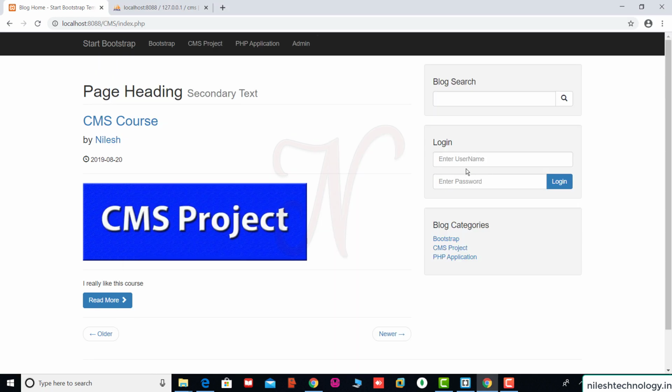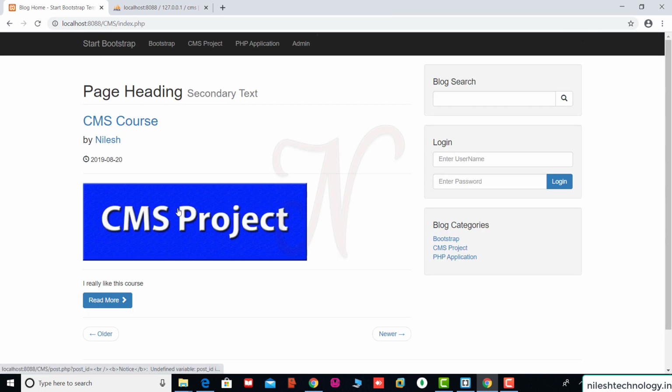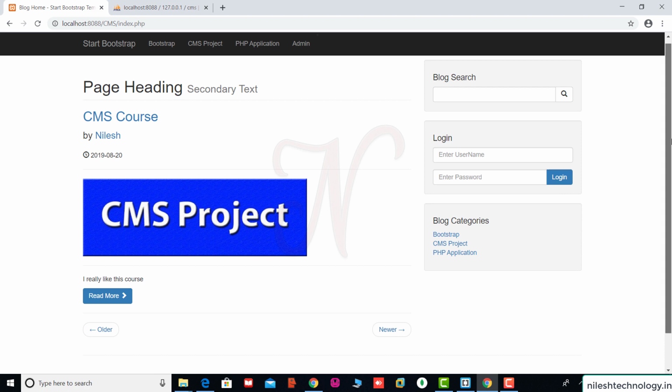First we log in in this window. So when you go to this home site, click on this image, then you are redirected to the post.php file.